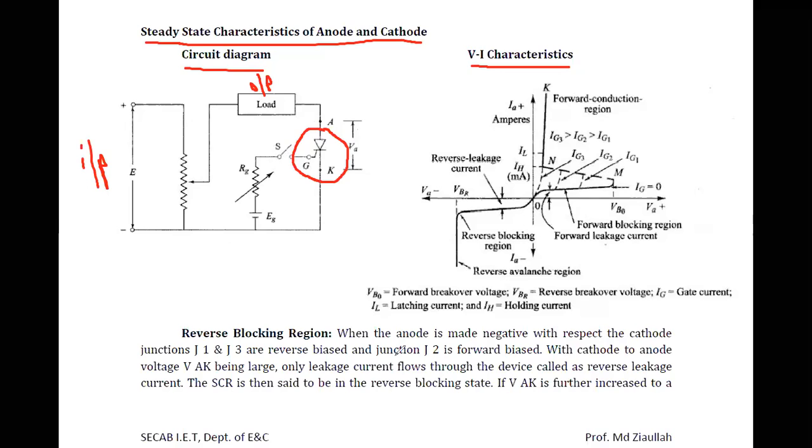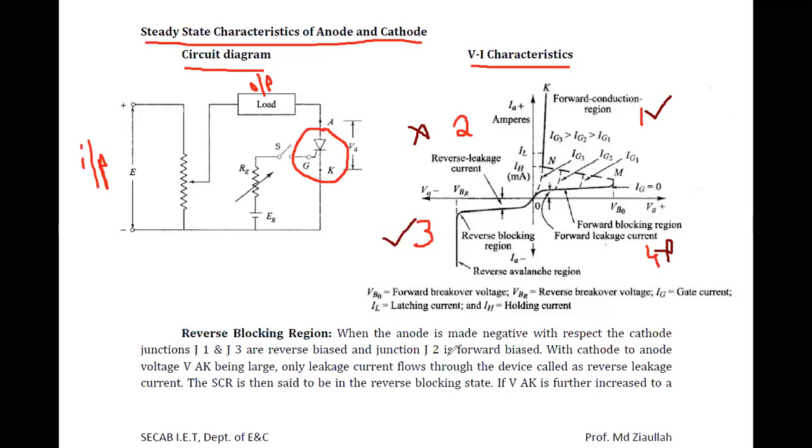Basically I have four quadrants. This is the first quadrant, this is the second quadrant, this is the third quadrant, and this is the fourth quadrant. Four sections I have. Out of these four quadrants, quadrant number 2 and quadrant number 4 are not used, they are not contributing any values. Therefore we look at quadrant number 1 and quadrant number 3 here.